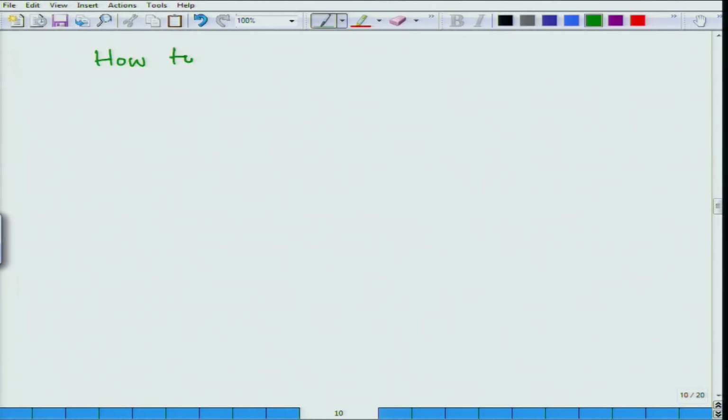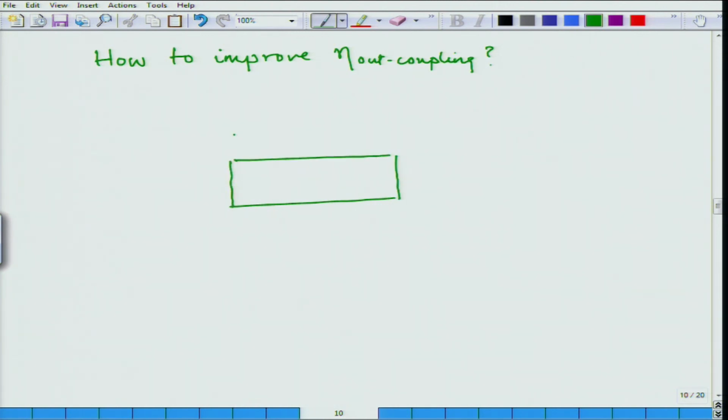So, how to improve? We will discuss some of the ways in which one can do that. If we go back to our picture of our substrate, ITO, organic layer,